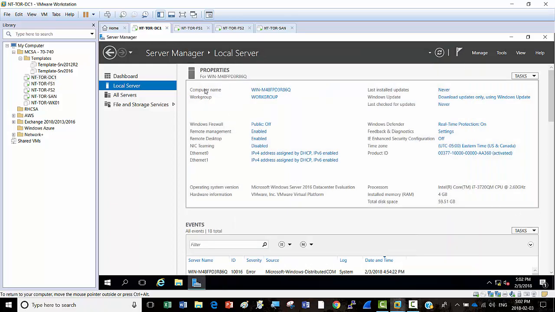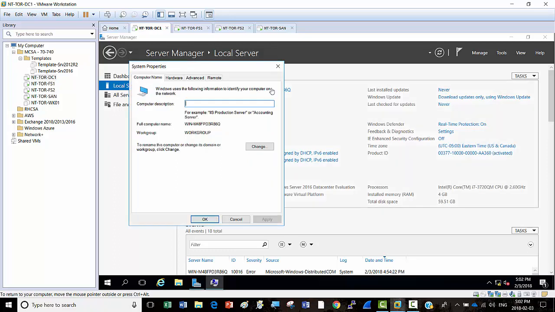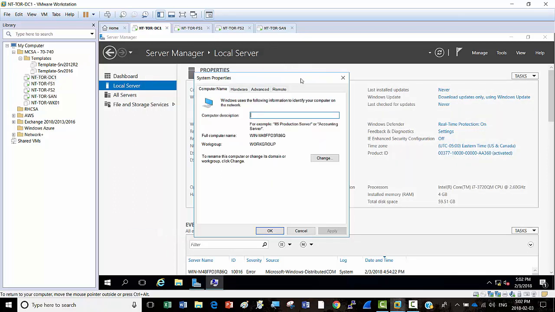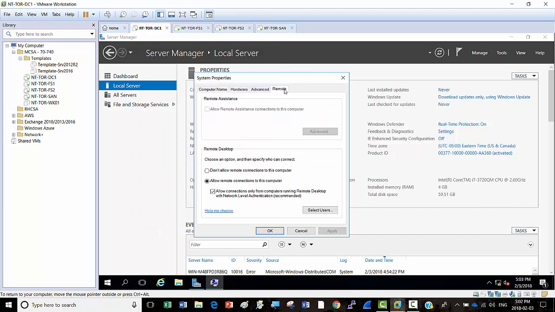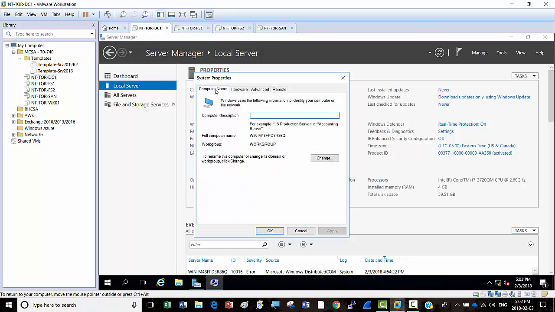And now please click on this computer name, the hyperlink for computer name, and please click on remote. It's already enabled, we promoted it from our template. So click on the computer name and click on change,